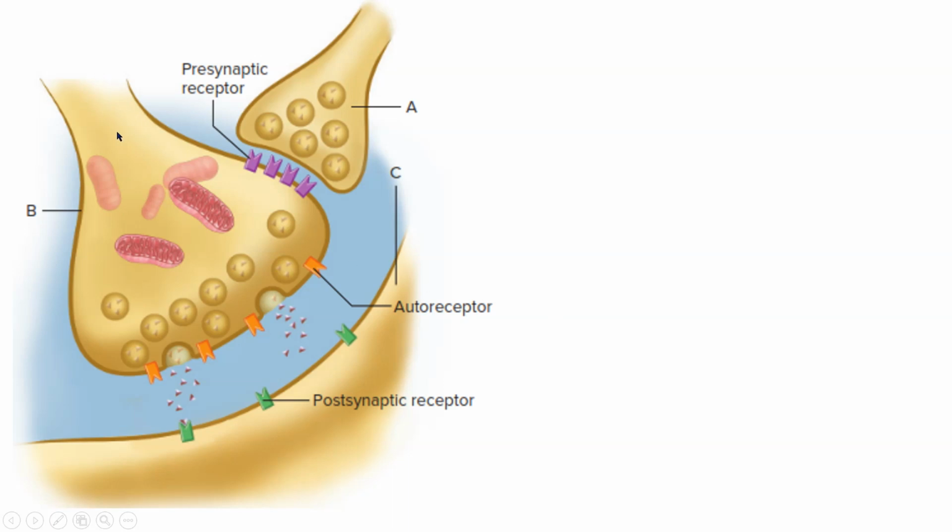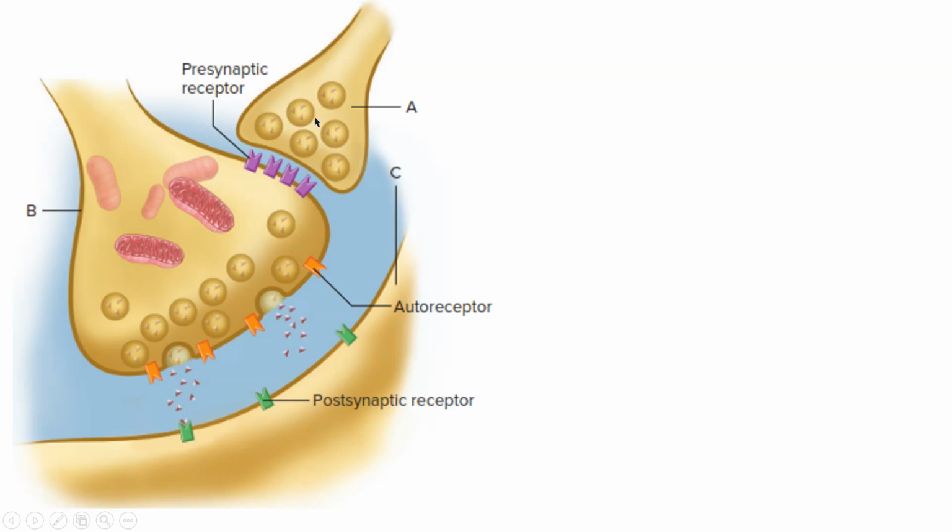But when B is firing, at the same time A is also firing, what will happen? So for this, A is presynaptic and B is postsynaptic, right? And for this C, B is